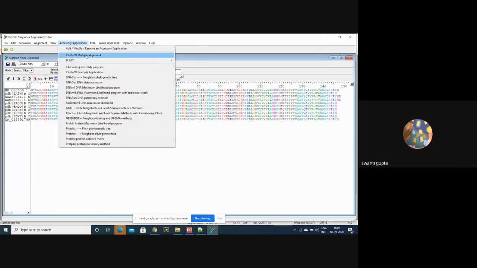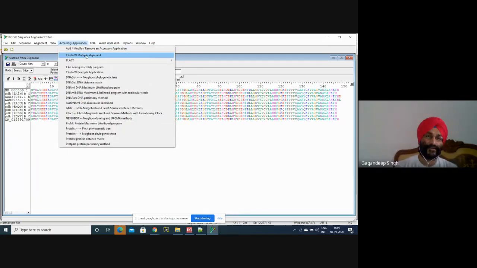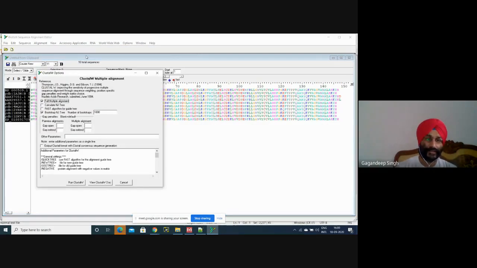We have downloaded it to align the sequences. Yes. Now in Accessory Application, we'll go for ClustalW Multiple Alignment. Now we'll select output Clustal format and run ClustalW.